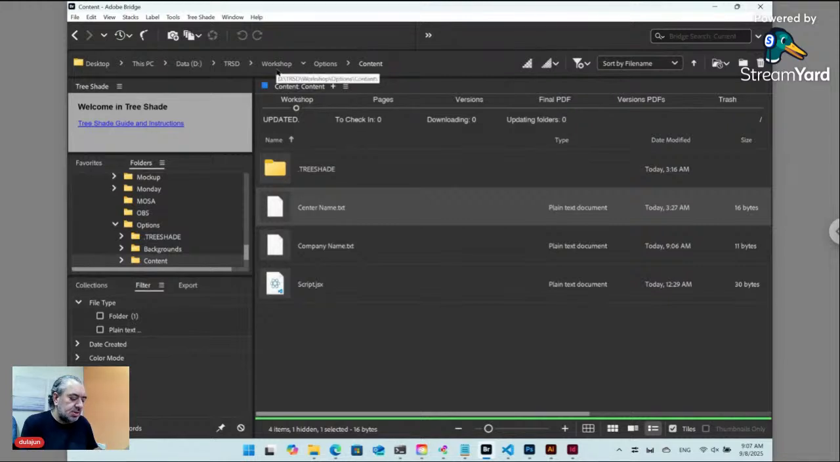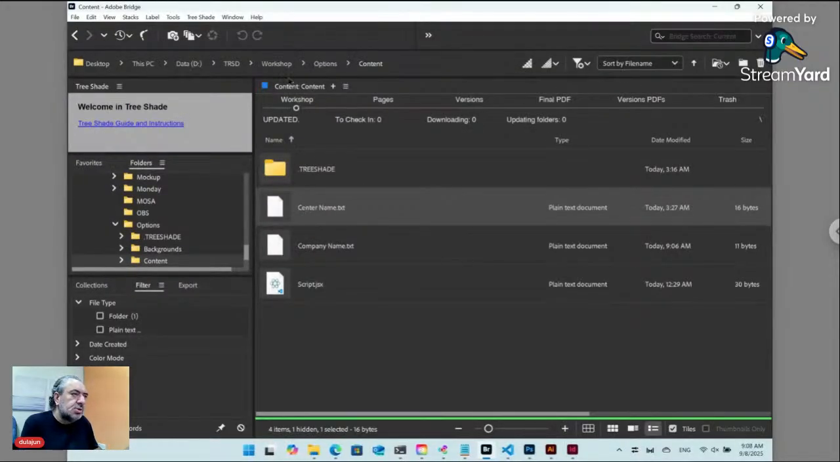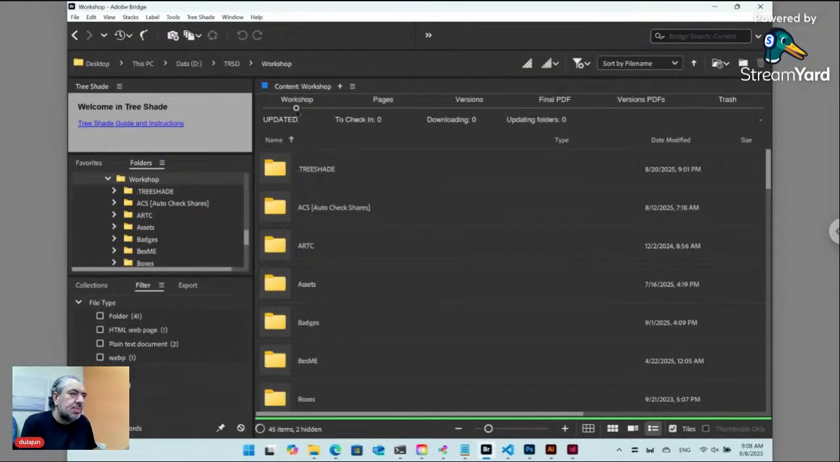After installing TreeShade, it will ask you to create root folder for your project files, and inside that folder TreeShade will create workshop, this folder called workshop, and within this folder you're supposed to put your project files and edit them. So inside workshop I clicked here to reveal, or you can click